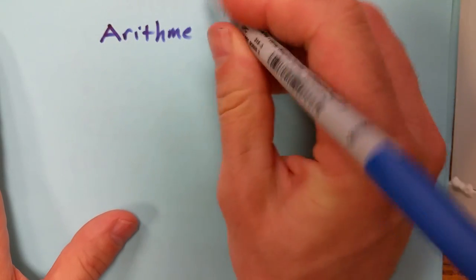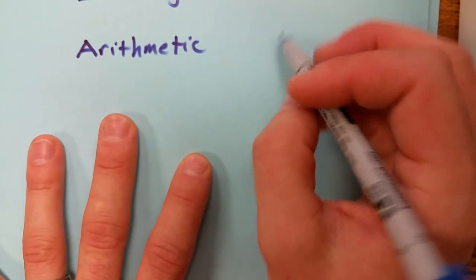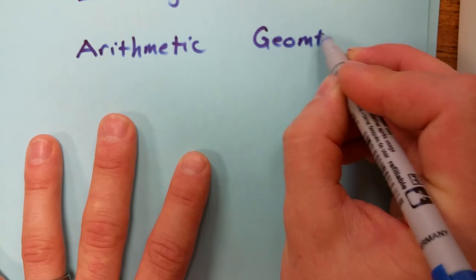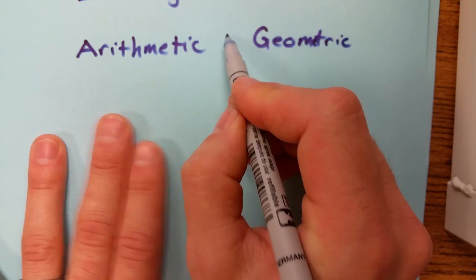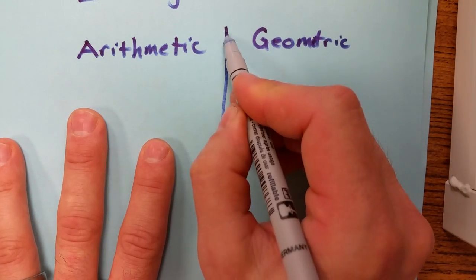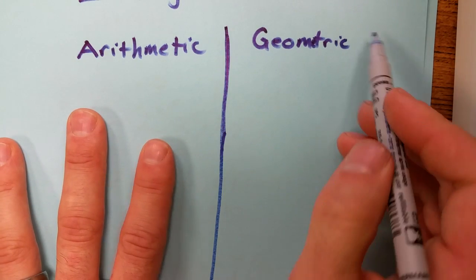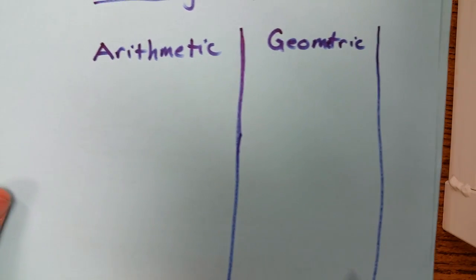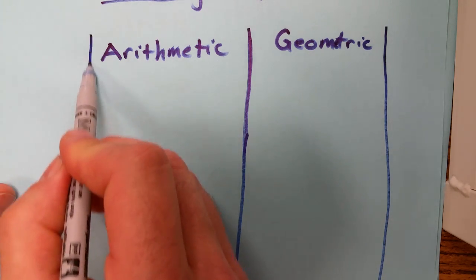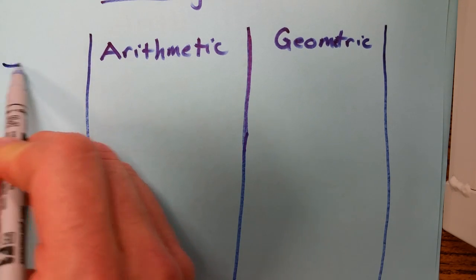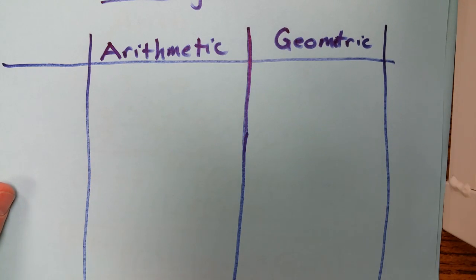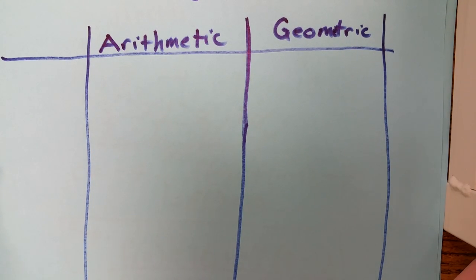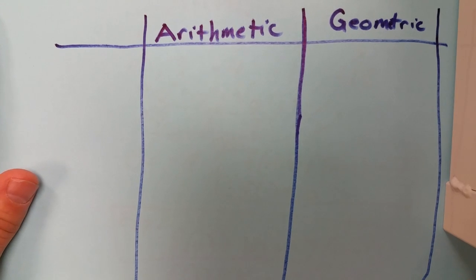Arithmetic, geometric, metric. This is a table. Not a super table. Kind of a super table, but it's not a table of values. It's probably going to be an organizational table. Okay. And how it's going to be organized is